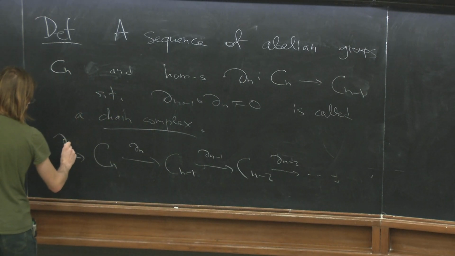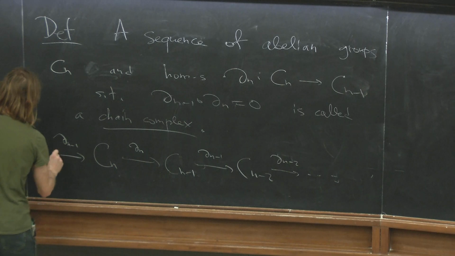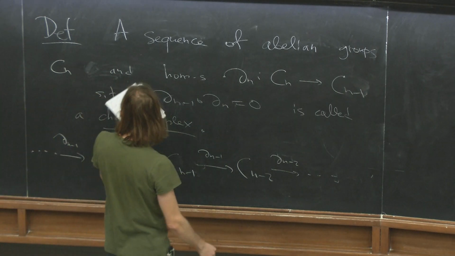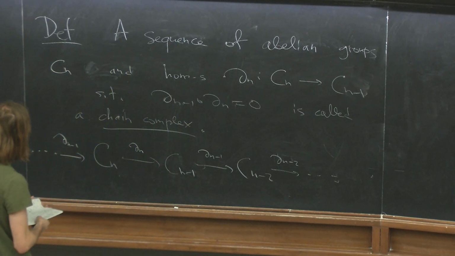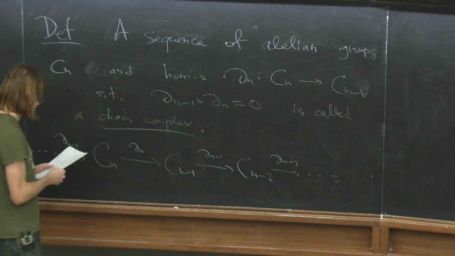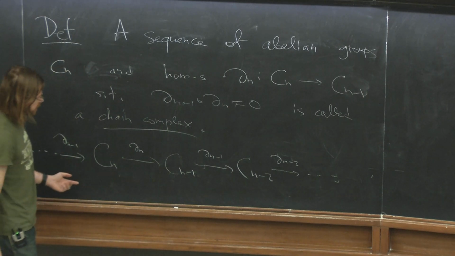Here it can be 1, and so on. A sequence of abelian groups labeled by integers. Usually it's assumed that it terminates